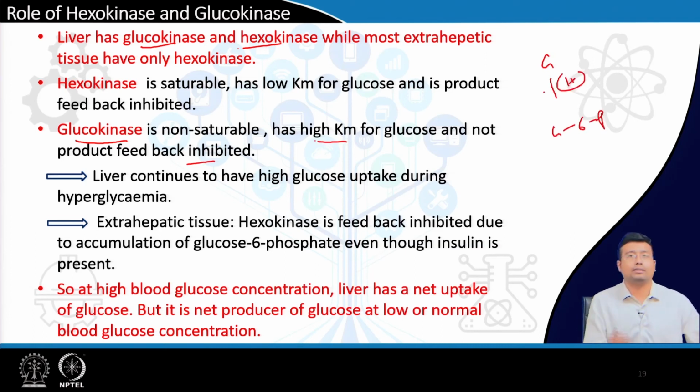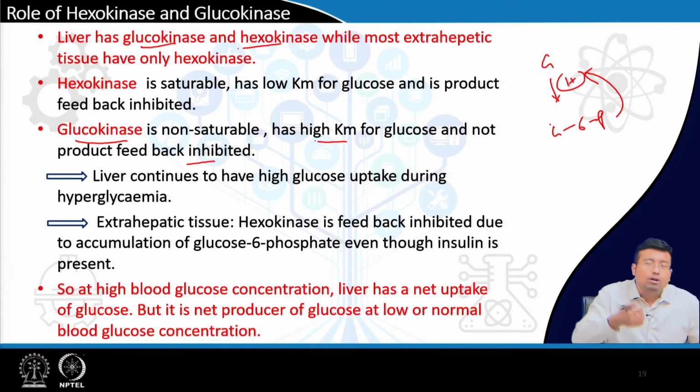There is the enzyme hexokinase, I discussed in the feedback inhibition. Once glucose 6 phosphate is formed, it will inhibit hexokinase from converting further glucose to glucose 6 phosphate. This inhibition is not present in the case of glucokinase. Therefore, the liver can continue to have high uptake of glucose and thus it acts as a storehouse of glucose,